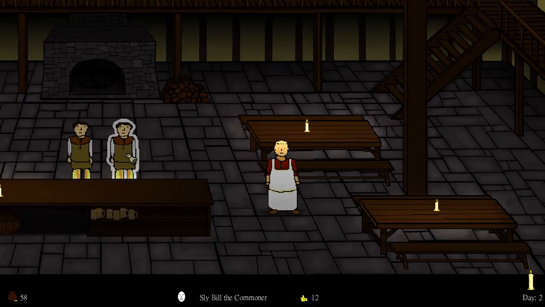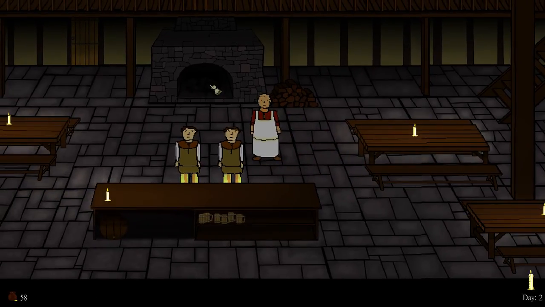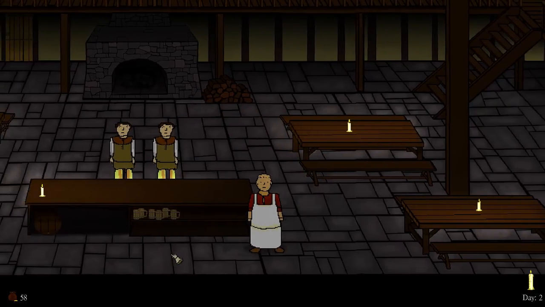So if I click here, it selects him, but I don't try to walk to him. If you watched my video previously, if I clicked on a guy, I would walk to the guy I just clicked on. Now, if I click on this table, I won't walk to it. If I click on this fire, I won't walk to it. Again, it's just these little things that I've started to really flesh out that have made it